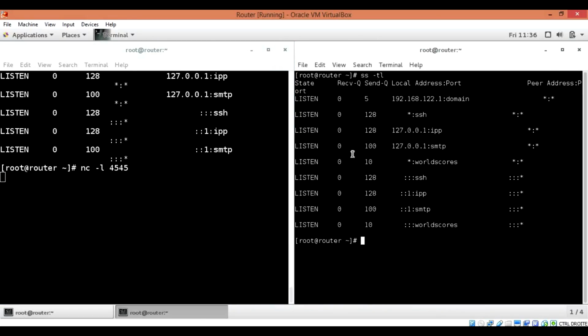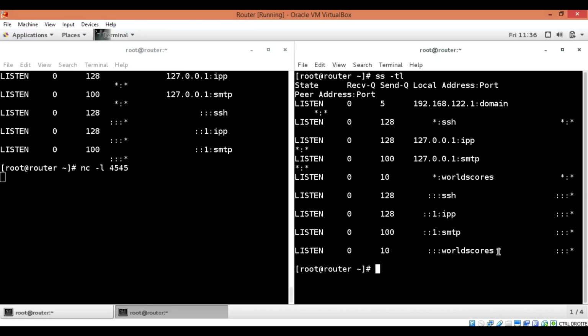ss tries to resolve port numbers into recognized services with things like SSH and IPP printing. Here it gets them right. For more obscure ports like 4545, it uses what are commonly recognized services on that port number. At some point, some software called wordscores laid claim to port 4545, but it's not something in wide use